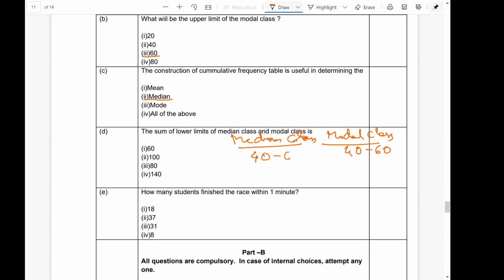And then we should add the lower limit of the median class. Lower limit of median class is 40. And the lower limit of modal class is also 40. 40 plus 40, 80 is the answer. The last question,